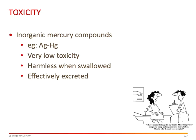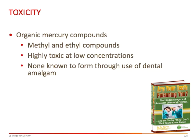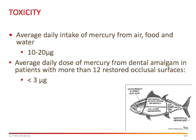Dental amalgam contains several inorganic mercury compounds that are not so concerning. The organic ones, the methyl and ethyl compounds, are the nasties. So